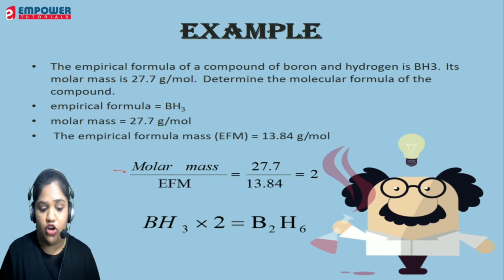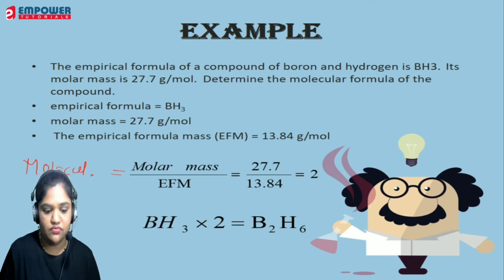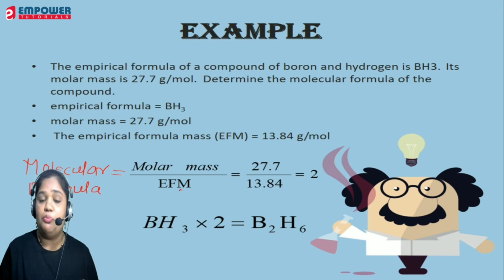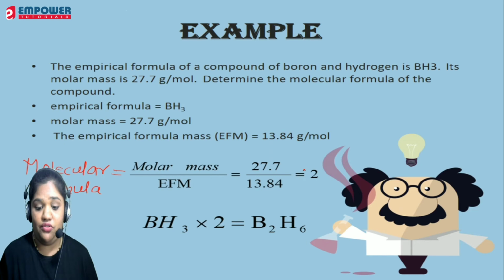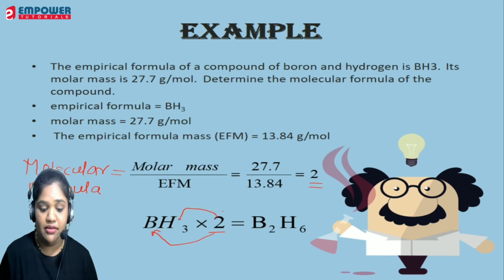Now here, this is the formula for the molecular formula that you have to find. So here, molar mass upon EFM, that is 27.7 upon 13.84, you will get 2 here. And now what you have to do? You have to multiply this with our compound which is given. So simply 2 multiply by this, 2 multiply by this. After the multiplication, you will get here